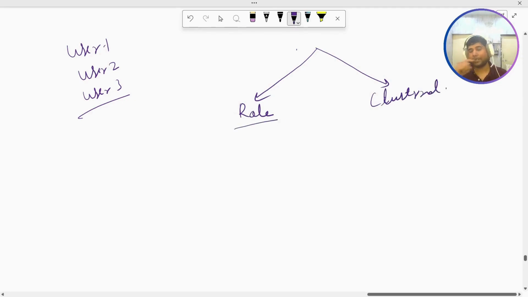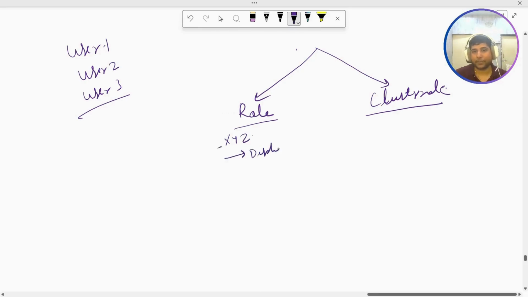Now role is different level of permission that is specific to a namespace. While cluster role, if you are creating a cluster role, then cluster role is all on the cluster level. That means it will be applied to all the namespaces. Let's say inside my role, what I defined is that on XYZ namespace, I should be having permission to